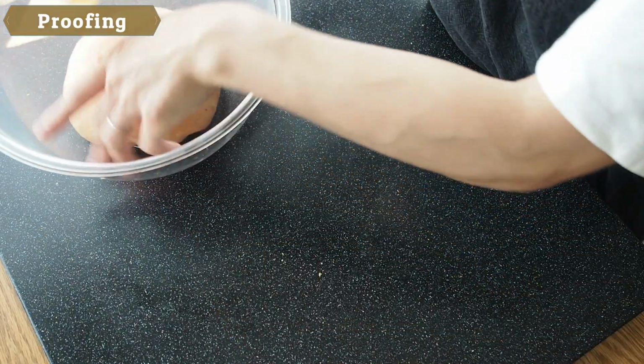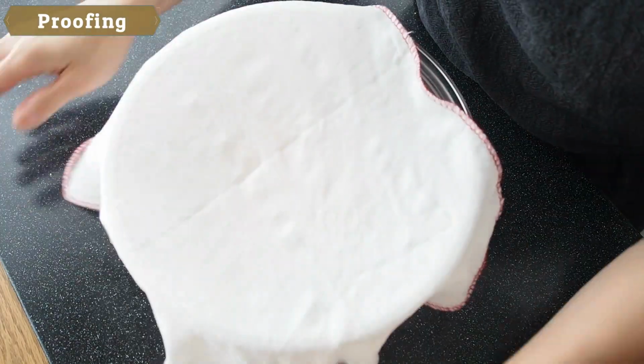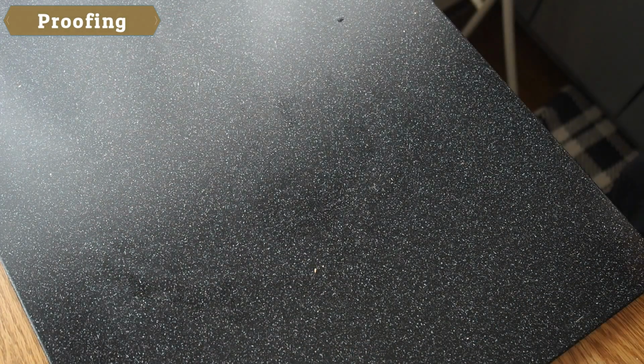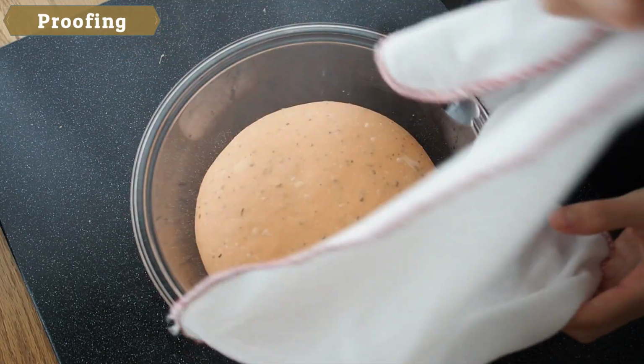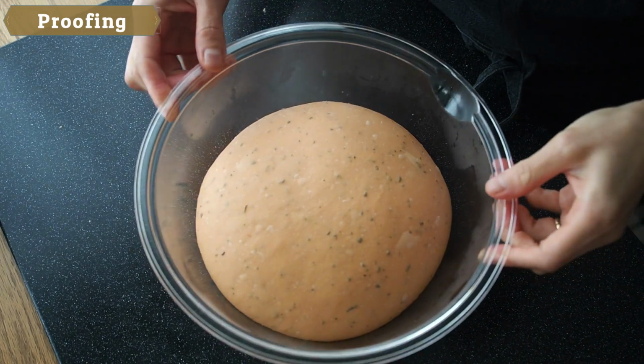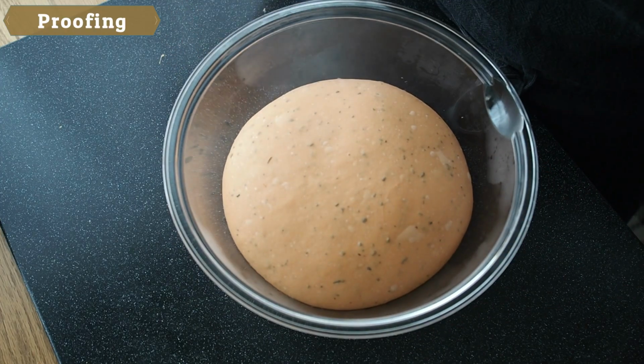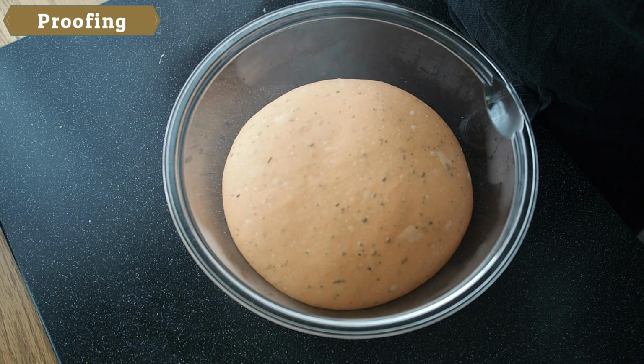Place it in a bowl seam side down. Cover with a damp towel and let it rise until it doubles in size. Now the dough is expanded. My dough finished kneading at close to 30 degrees, which is a little bit higher than I expected, so I let it ferment at a slightly lower temperature than usual, around 30 degrees, and it took about 50 minutes to